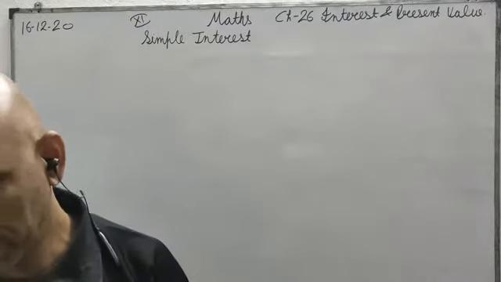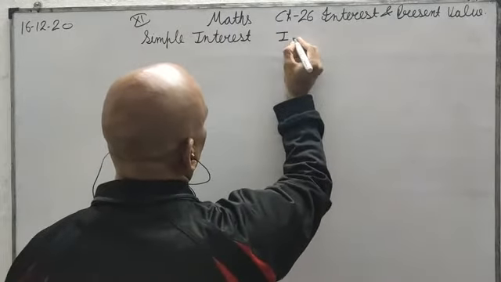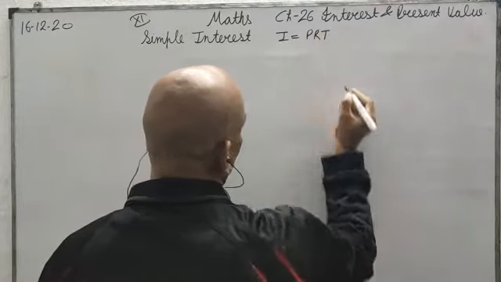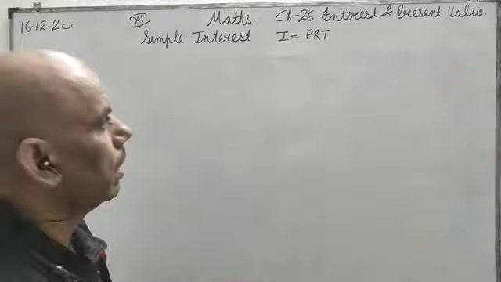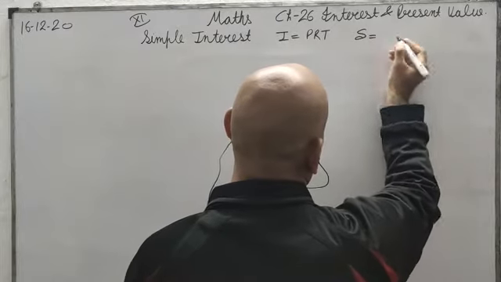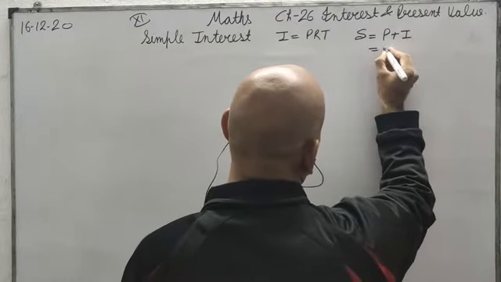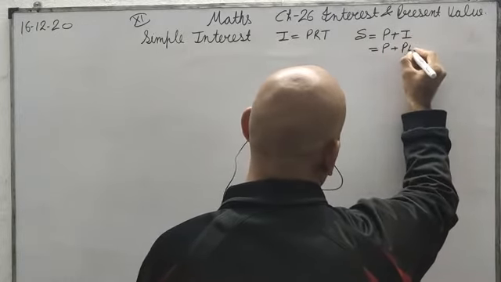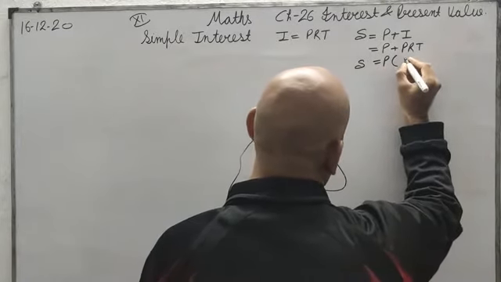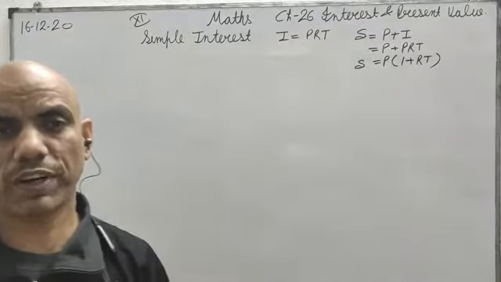Let us see some of the problems related to it. As you all know, in this, simple interest will be represented by I, and the formula for this will be nothing else but the same which you have used till now, that is PRT. And here we are using the amount as S, sum, and that will be obtained by the sum of principal and interest. So principal is P, interest is PRT, and in the end we can get sum as P into 1 plus RT. This will be one formula. These will be some few formulas which we will use.